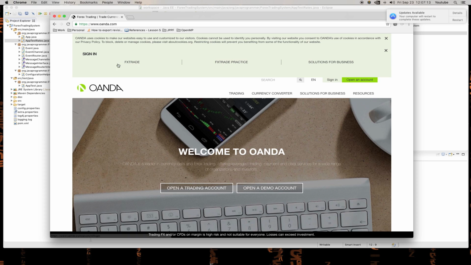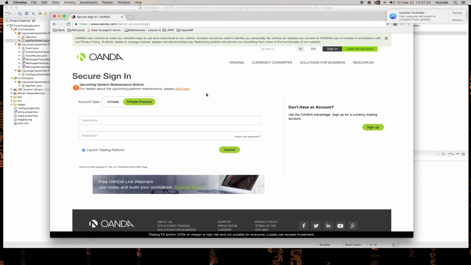now I'm going to use what they have. Two platforms. They have the FX Trade, which is real-time trading with real money, and they have FX Trade Practice. I'm going to be using Practice solely for the purposes of these videos because it's not real money, it's fake money, and we can do everything that you can do on the real side. It's just with play money. All the rates are today's actual rates, but it's all just in a practice account, so you're not actually doing anything. So I'm going to go ahead and log in,